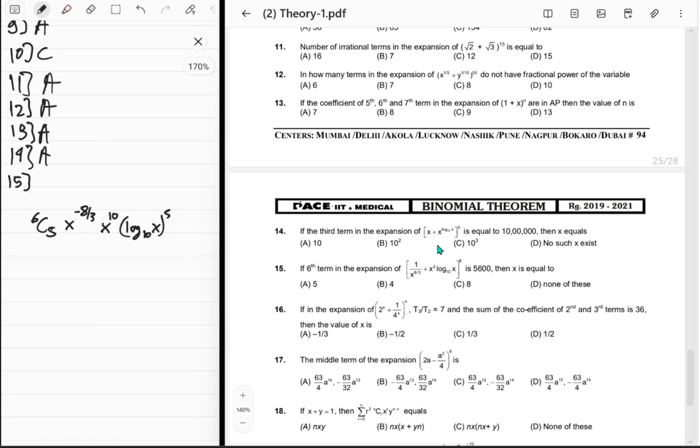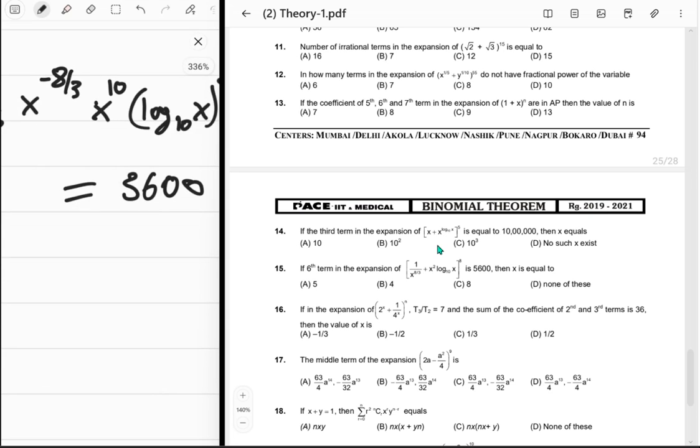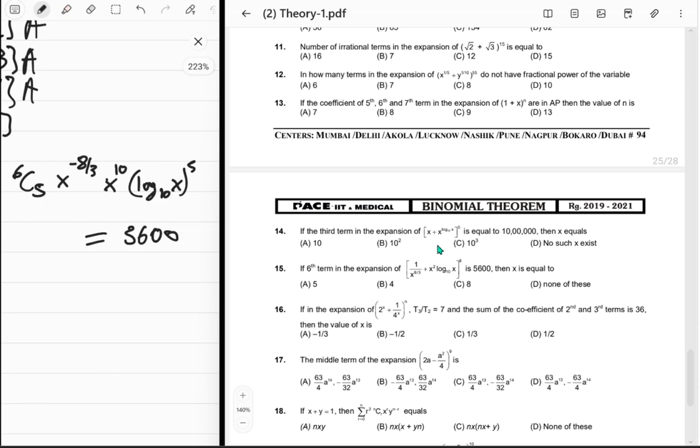This is equal to 5600 somehow. Well, I'm guessing x is equal to 10 will work once again. What's 6c5, just 6 basically. So this is equal to what? 5600. So you got this upon 6,